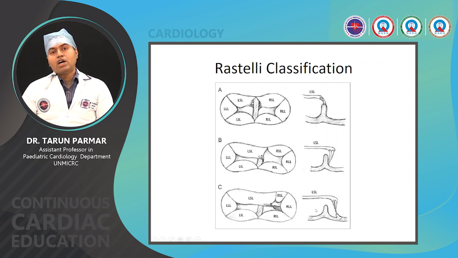So here is a cartoon representative of the same. This is the superior bridging leaflet. Okay, so it is attached to the crest of the interventricular septum, you can see, and here you can see the superior bridging leaflet is attached to the RV side of the papillary muscle, and here in type C, it is attached to the free wall. So whenever this happens,